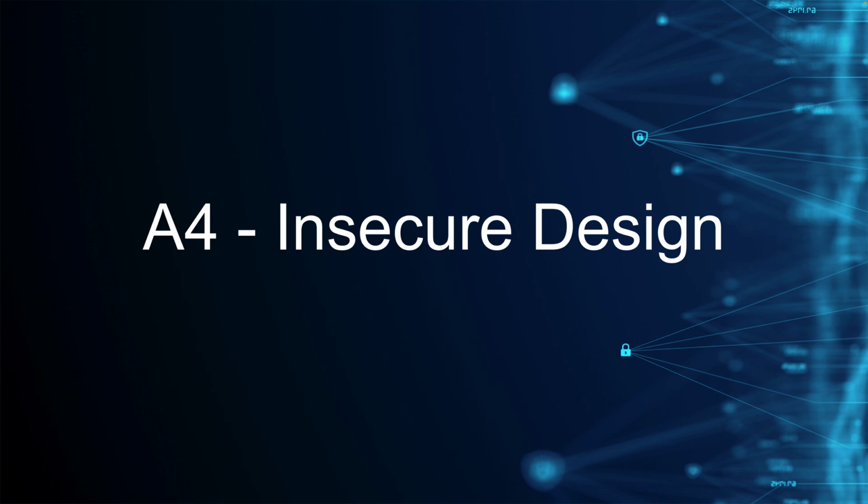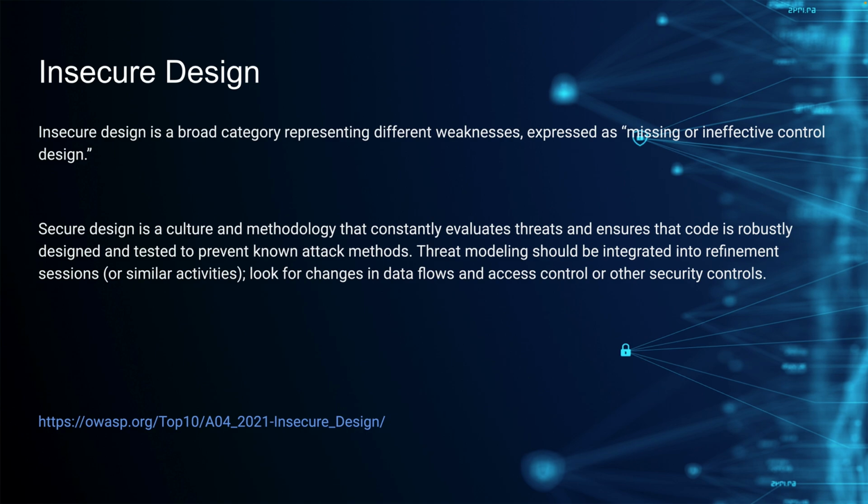A4 in the OWASP Top 10 is insecure design. Insecure design is not one single risk or weakness in a web application, but more an approach to how you develop web applications. It is a broad category that represents different weaknesses, expressing missing or ineffective control design, whereas secure design is more a culture and a methodology built around the way you build web applications as a software engineer, where you constantly evaluate different threats and ensure that the code you write and design lives up